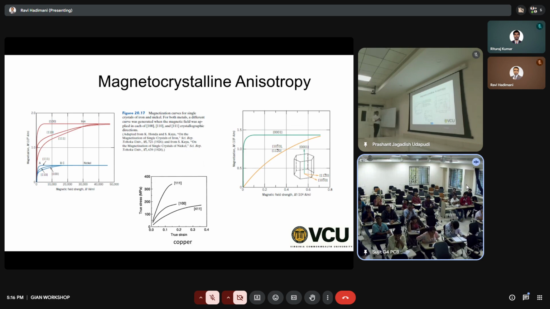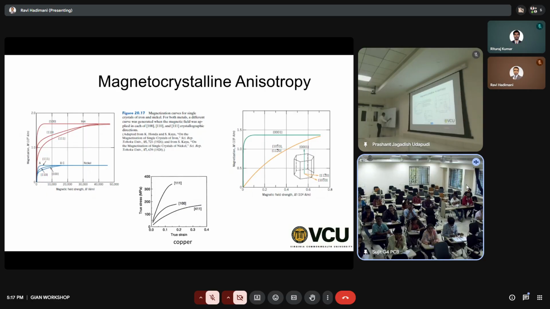Now if you apply a magnetic field in this direction along the A axis, you get a curve like that. If you apply it along the C axis, like that, and you apply it along the B axis,